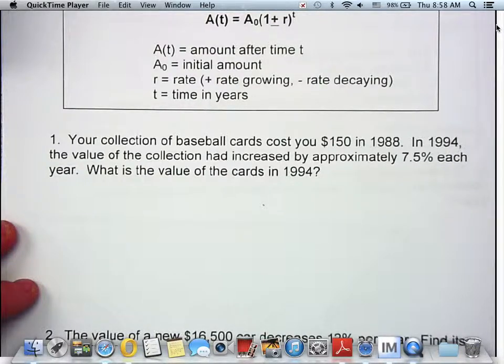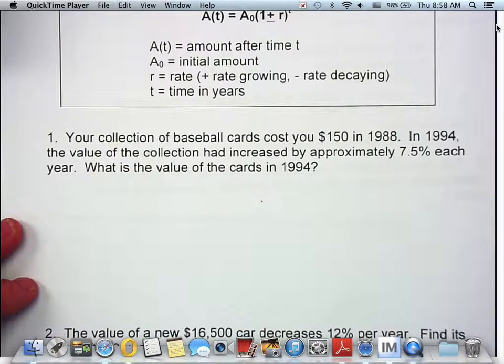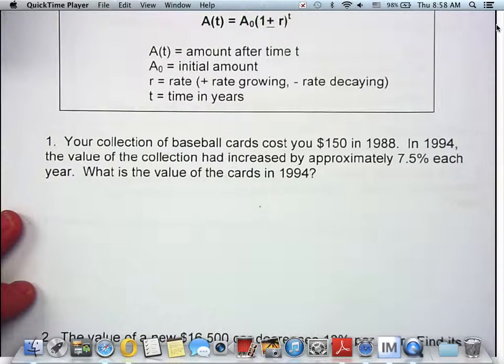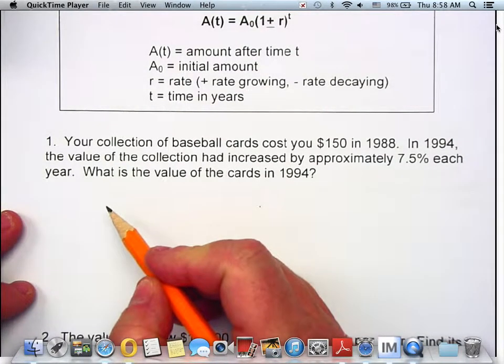So you have a collection of baseball cards that cost you $150 in 1988. In 1994, the value of the collection had increased approximately 7.5% each year. What is the value of the cards in 1994? Any ideas how to set it up? What would you do? You would put A of T